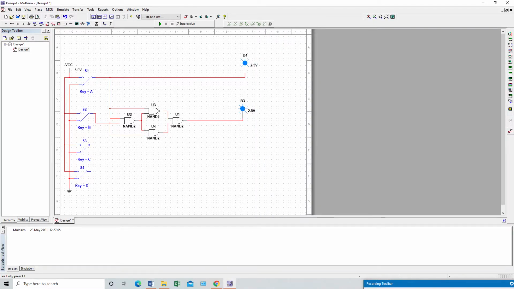So we will just select these, press Control C, and paste it here. Everything is selected and already connected. So what will happen? The output of this will come in as one of the inputs of this XOR gate, as already explained, and the second input will come from here.